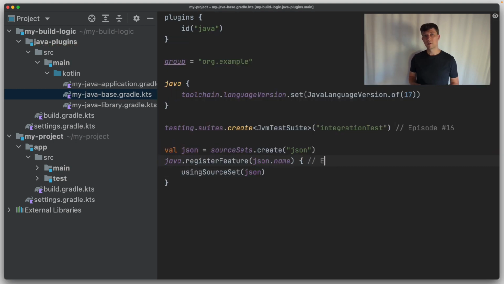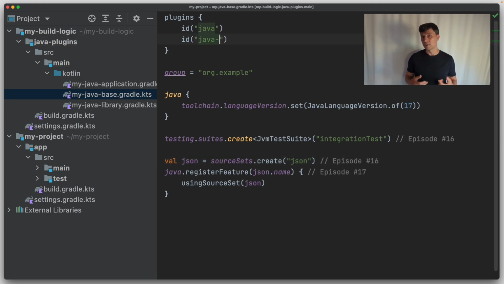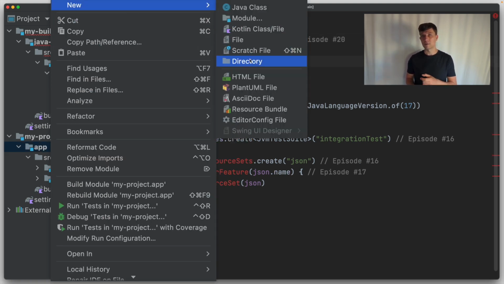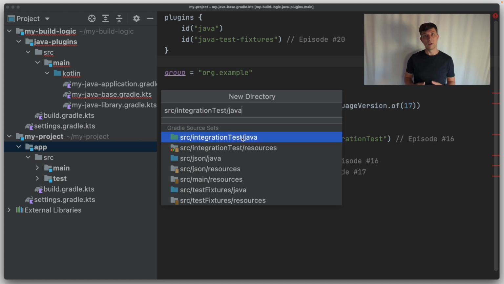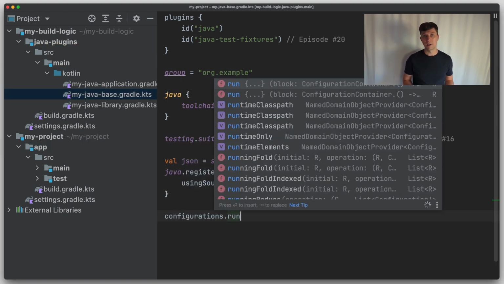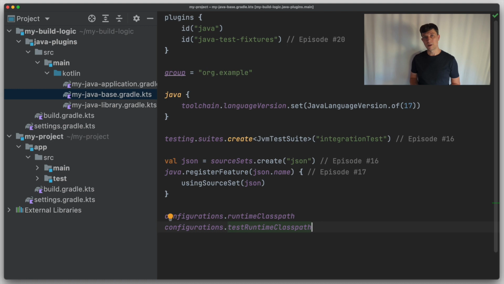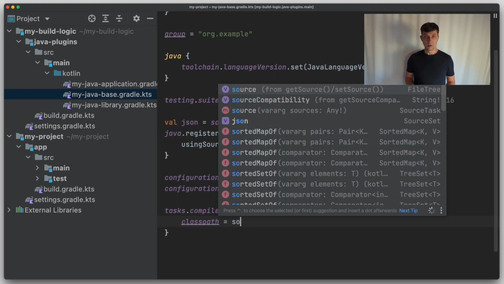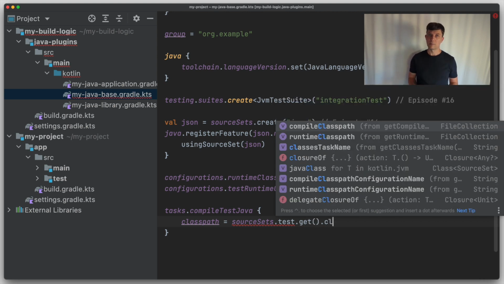You can say that each source set can be seen as an isolated subcomponent or submodule, if you will, that is self-contained and does not necessarily need to know anything about the other source sets or the other submodules. Usually though, there is some kind of relationship, as they are all defined within one module. However, this also means that each source set has its own compile class path and its own runtime class path, which are realized in Gradle through configurations in the dependency management sense.